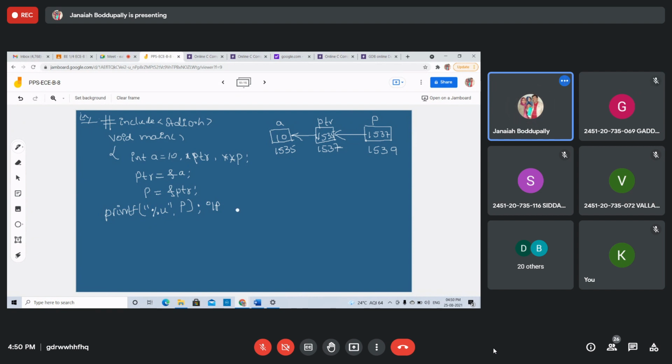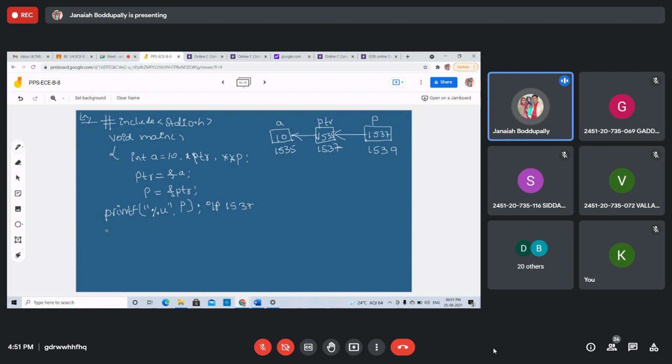How? Sir, p is star ptr, right sir. P has a value in it. If you give a simple variable, what comes? Its value comes. So that is, p is the address of ptr. Address of ptr is 1537. Otherwise, the value of this. P is the address of pointer variable ptr. So the address of ptr is 1537.